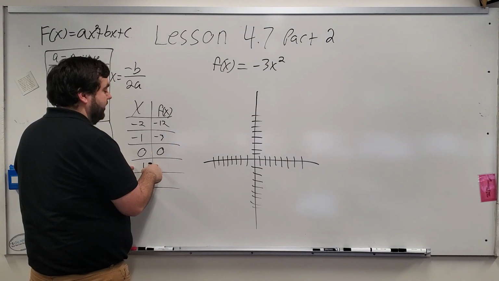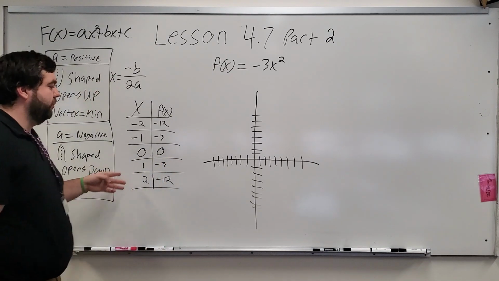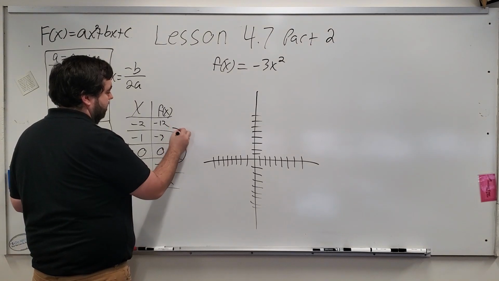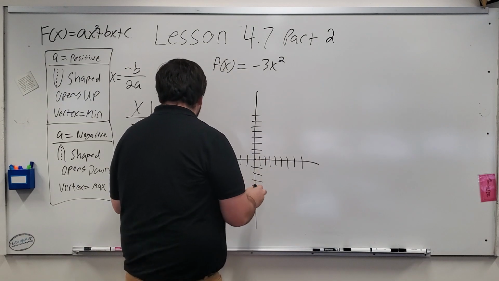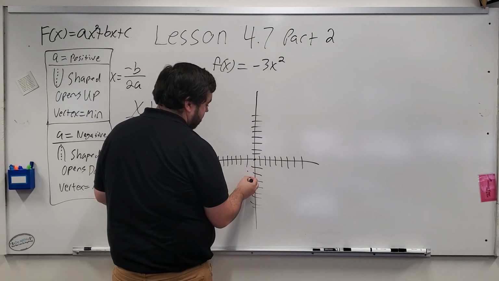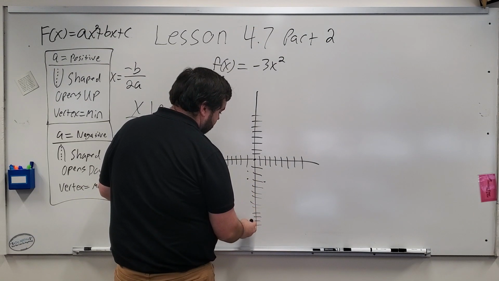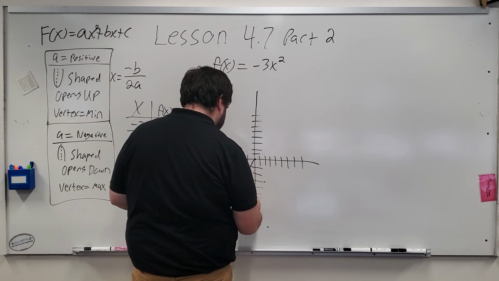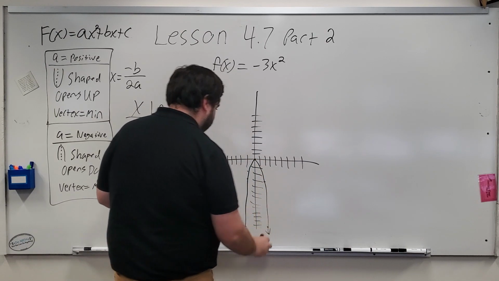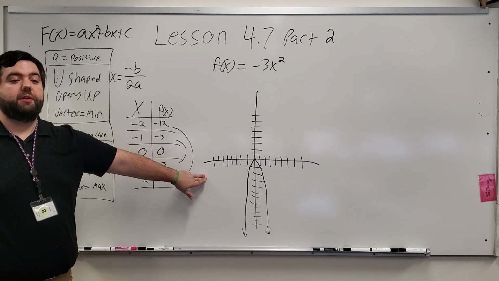1 squared, 1 times negative 3, negative 3, negative 12. And that makes sense, right? We said they're symmetrical, so these should match. There should be symmetry. So we start at 0, 0. We then go to negative 1, negative 3, positive 1, negative 3, negative 2, negative 12, positive 2, negative 12, and connect. And that is how we properly graph our